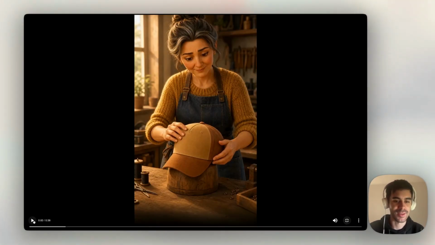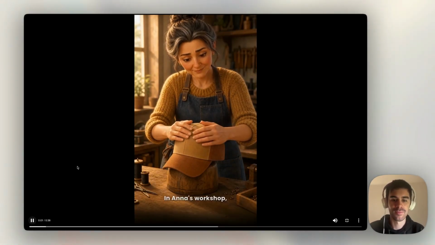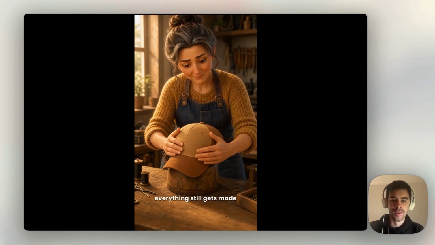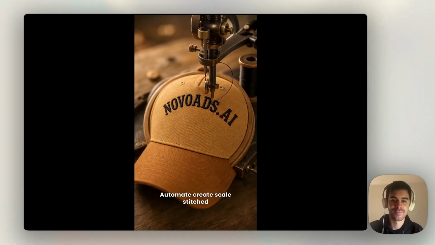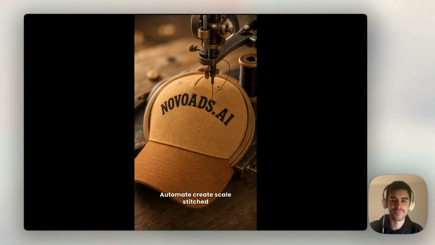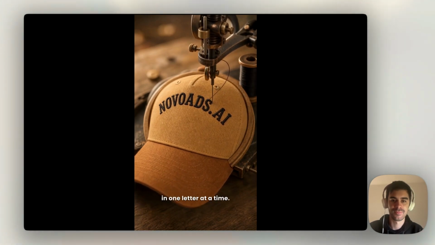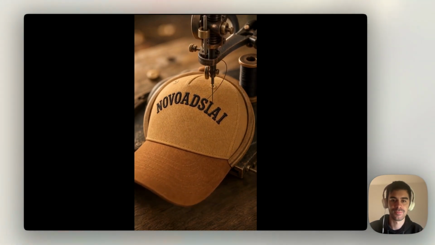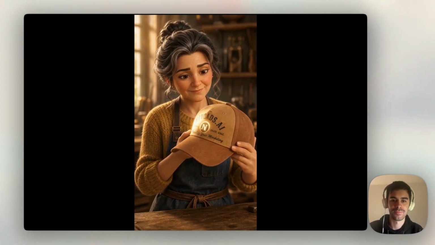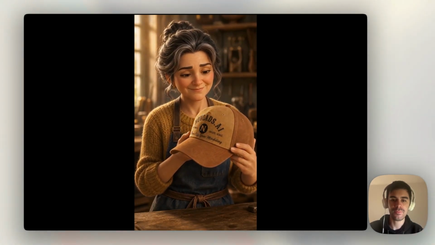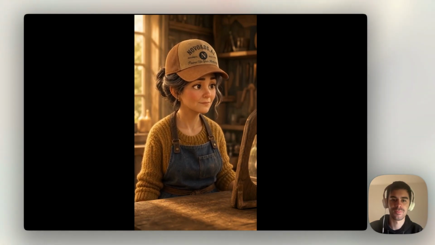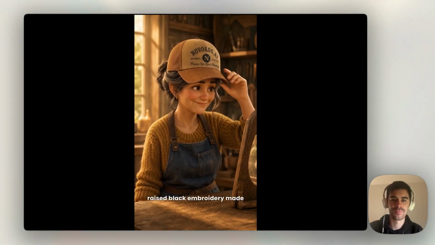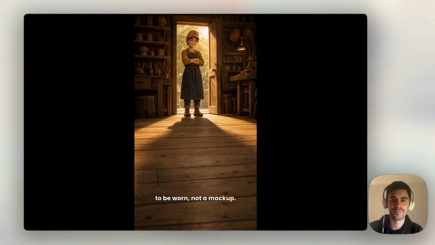So let's see it. In Anna's workshop, everything still gets made by hand. Even now, automate, create, scale, stitched in, one letter at a time. There it is. Two-tone cotton twill, raised black embroidery, made to be worn, not a mock-up, a cap you can